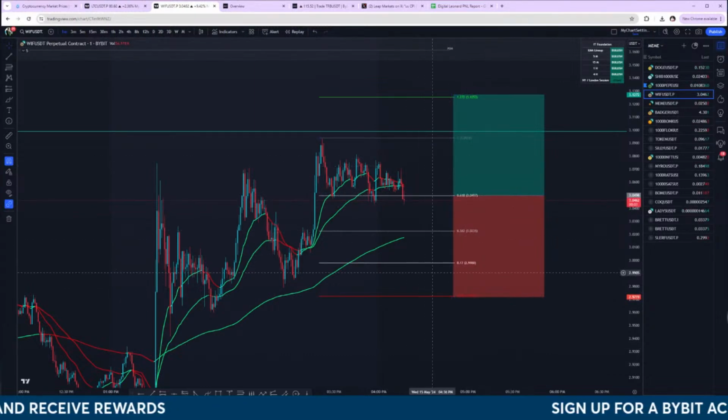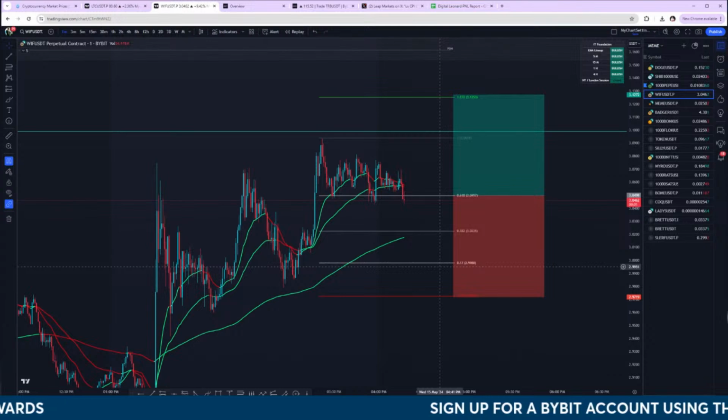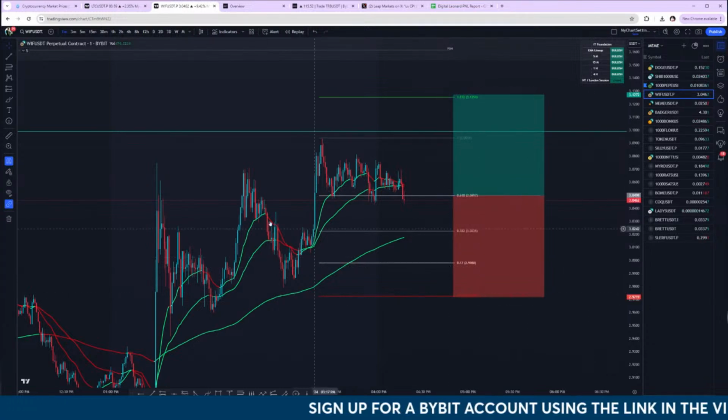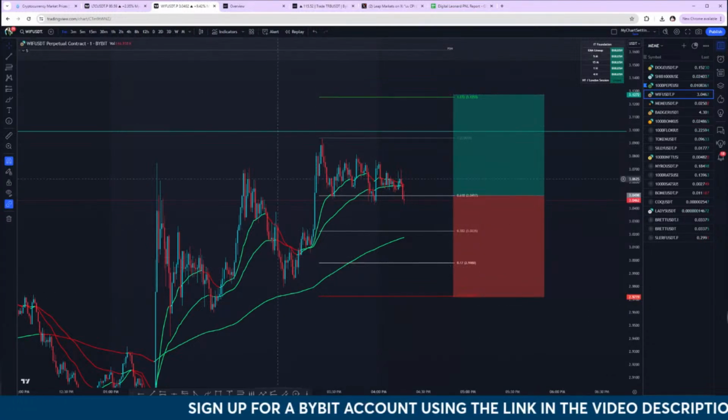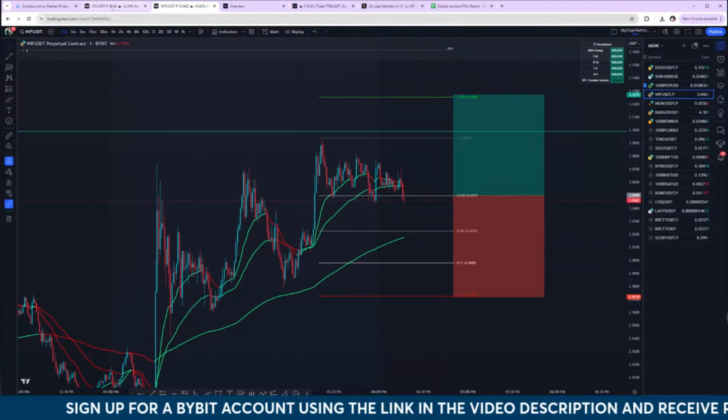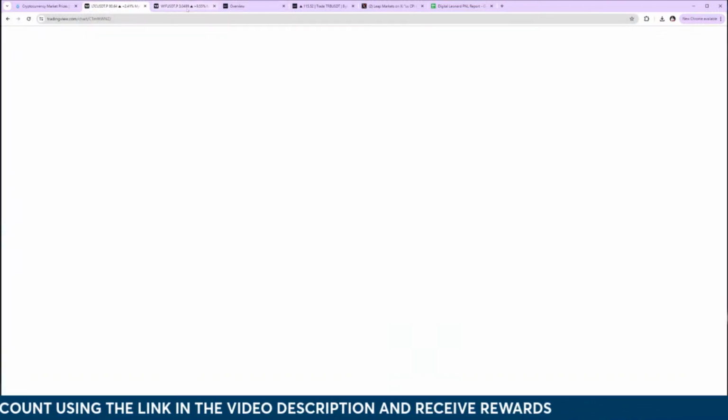So if this order triggers, which has triggered already, this one will follow next, and this one will follow next. Let's see how this will work, guys, and we'll go ahead and see that trade. Okay, so for Litecoin, if you didn't get that,